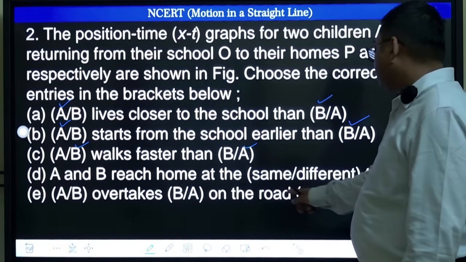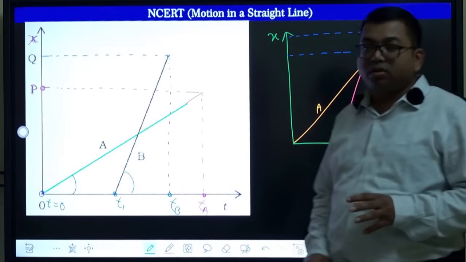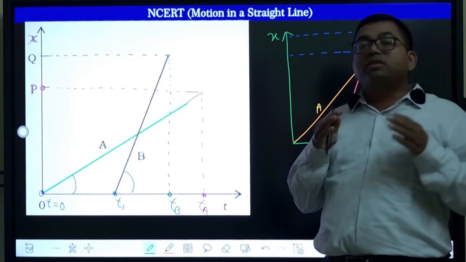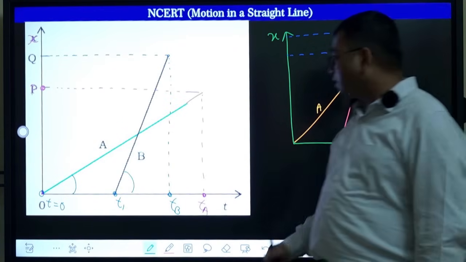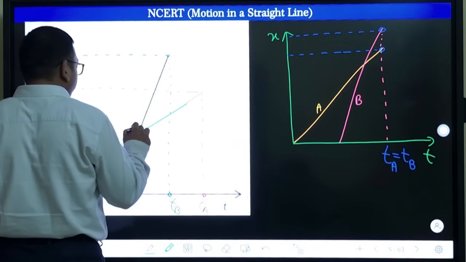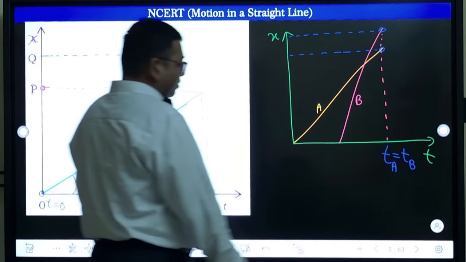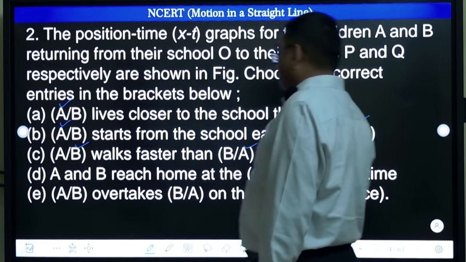A and B overtake on the road once or twice. So overtaking means at the same position. So same position happens at what? We can clearly see that they are at the same position only at one time. At one time they have the same x. So we can definitely say that they are only